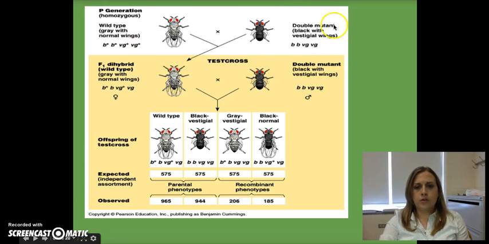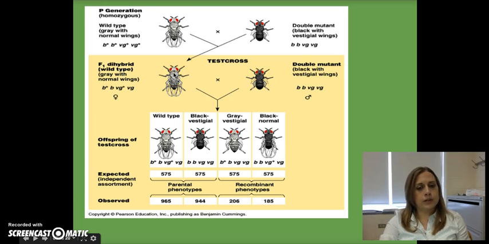And then you've got your double mutant. So the B's are for black, so it's got the black body color, and VG is for vestigial wings. So you can see his wings are much smaller. So now you cross these two, you get an F1 dihybrid, and so now this individual is heterozygous for both